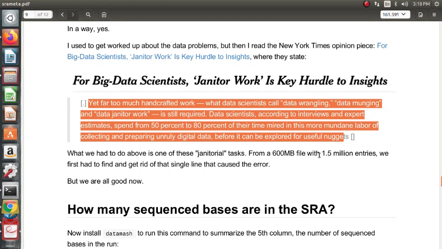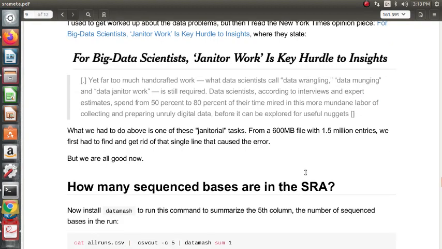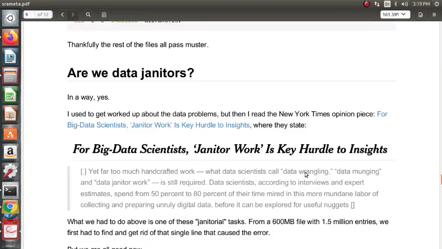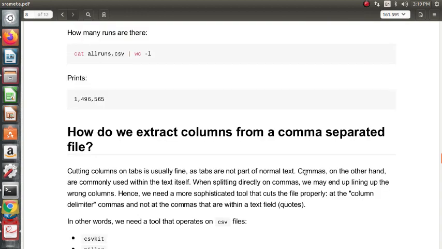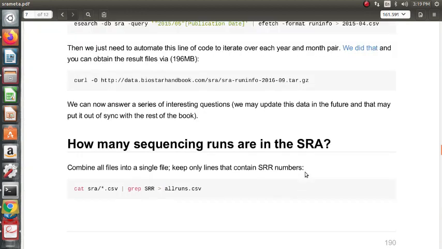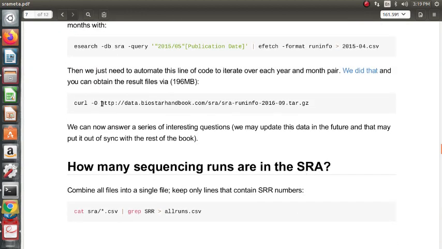From a 600 MB file with 1.5 million entries, we first had to get rid of the single line that caused the error. Okay, all this is applicable once we download this file. Is this the 196 MB file, which obviously is not being downloaded due to its large size, or maybe low connectivity or unavailability.